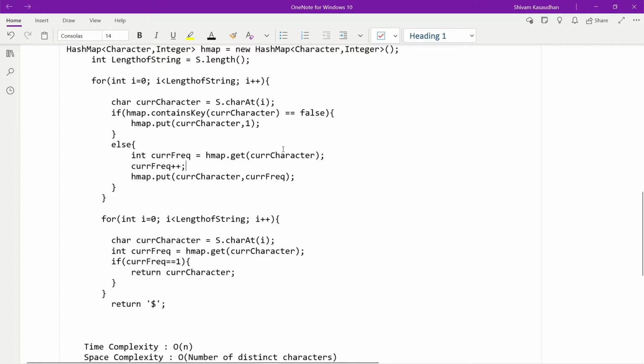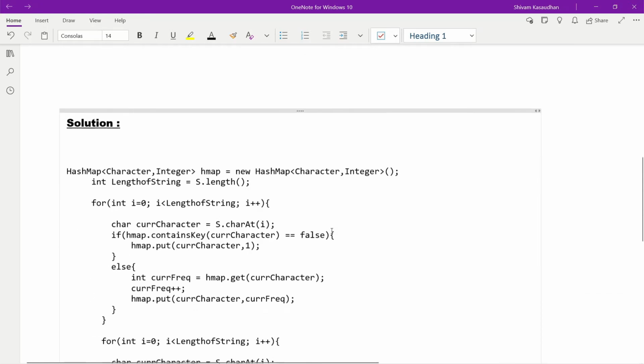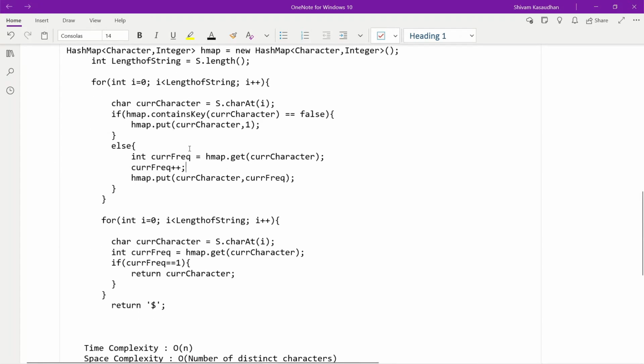So first of all, we have to pick that element's frequency. Initially, let us suppose A is present over here. For the first element it added A and its frequency 1. When it came over here, we have to keep A as it is. We are not going to add anything, we just have to change its frequency. So first of all, I will store 1 in current frequency, and then I will increment that current frequency by 1, it will become 2, and then again we will return that in our hash map. We can see again we have changed hash map dot put current character, that is A, and current frequency, it will become 2.